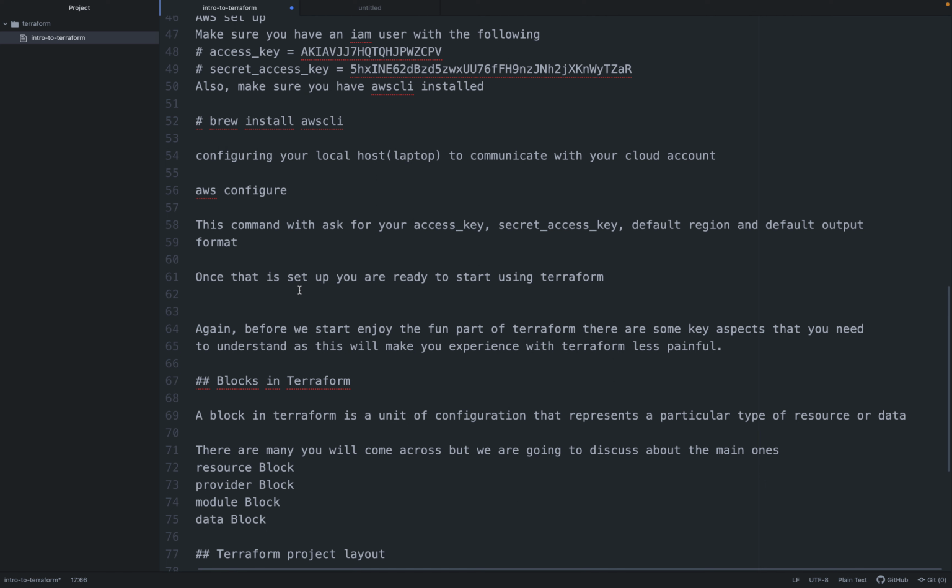I still have to do some extra steps, which is to set up my local system to be able to talk to my cloud environment. To do that, I will use the command aws configure